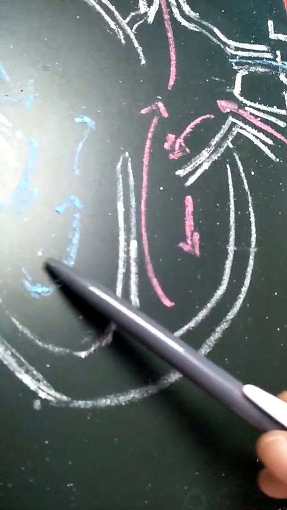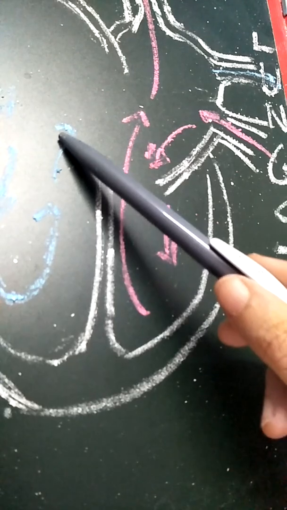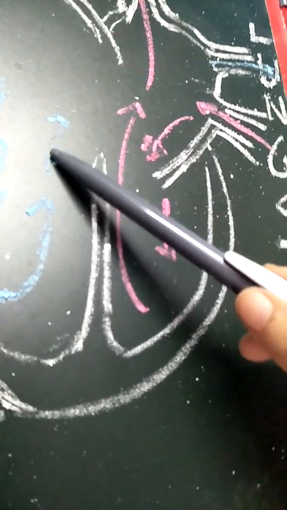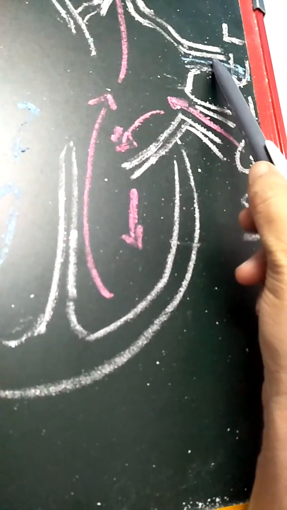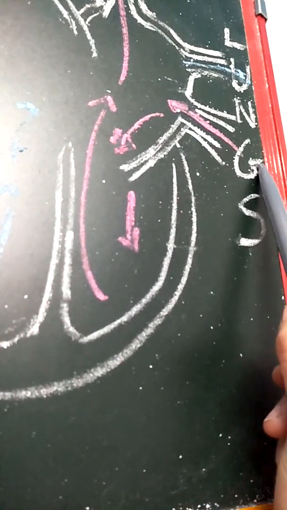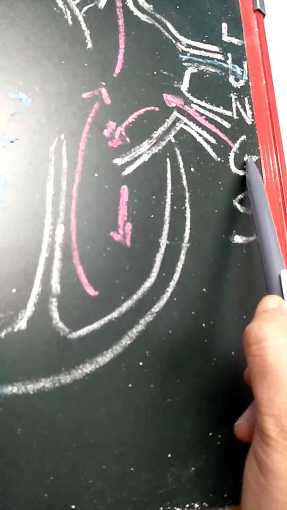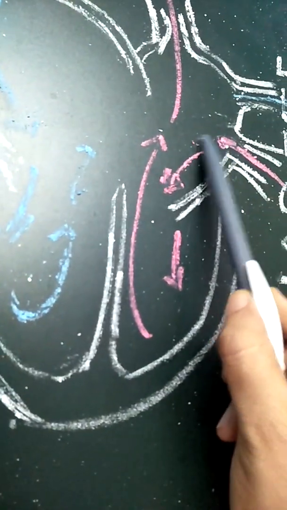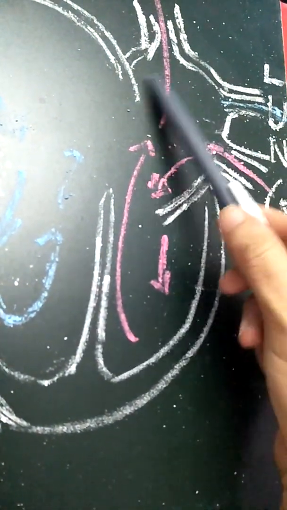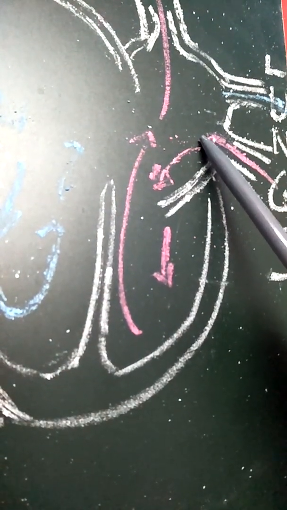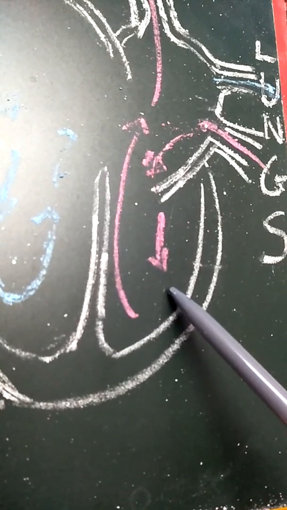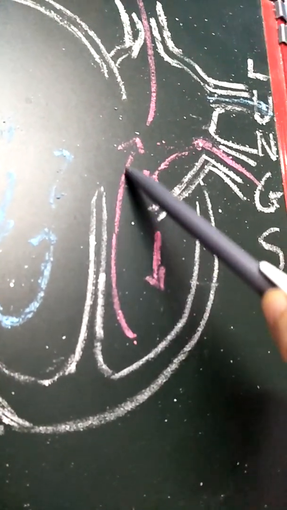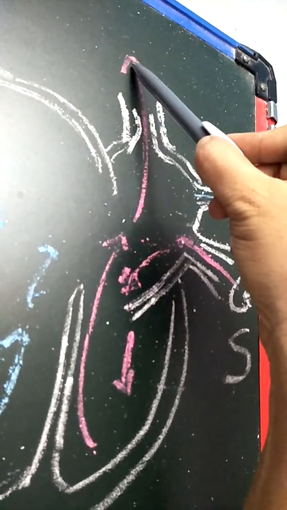Now you have to imagine it's a 3-dimensional figure. Your heart is a 3-dimensional structure. So from here, from the back side, it goes to the lungs for purification. Now from the lungs, the carbon dioxide is exchanged and the oxygen-rich blood enters the heart through the left atrium. Now this left atrium again gets filled with blood. It contracts and it goes into the right ventricle. The right ventricle expands and this blood is again given out in the body.